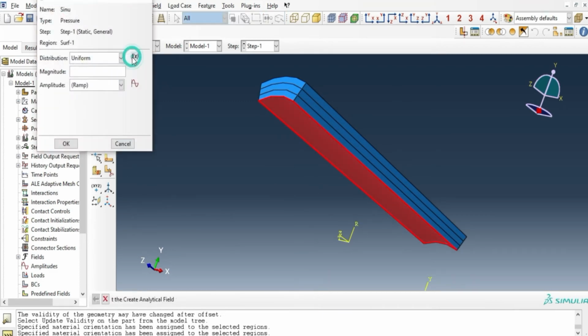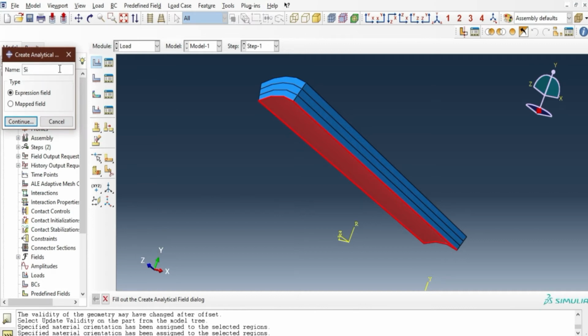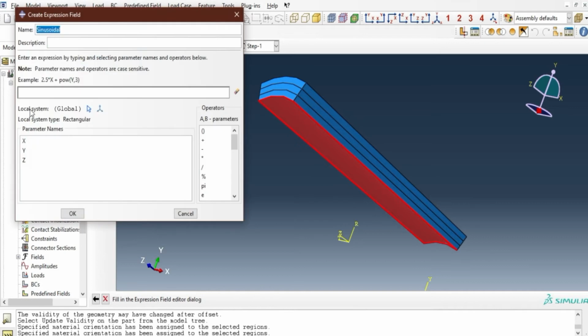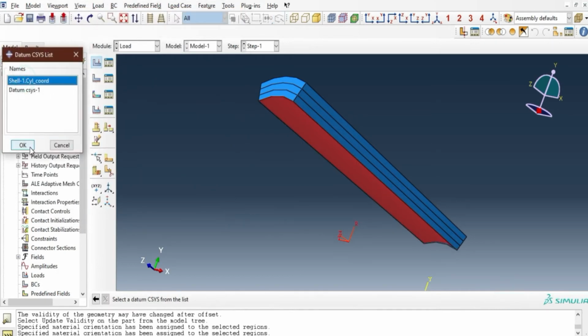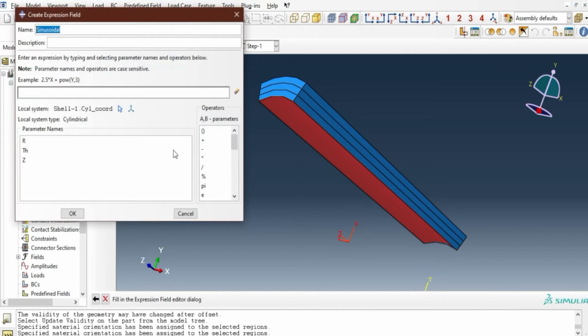Give the expression for the sinusoidal load with respect to the coordinate system, and select the expressions from the drop down menus. And R, TH and Z are the axes with respect to which the expression is defined.